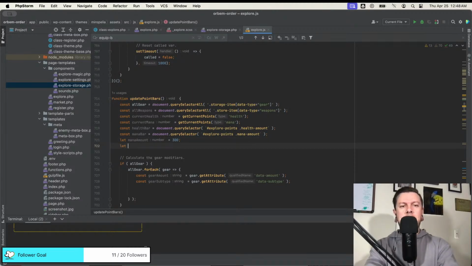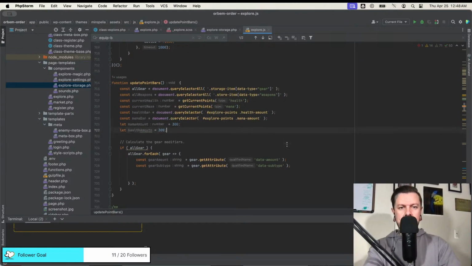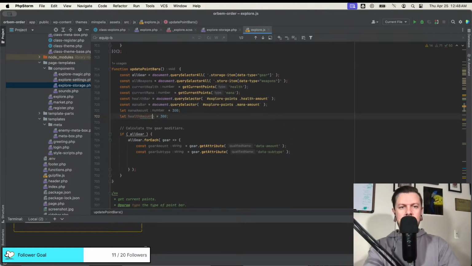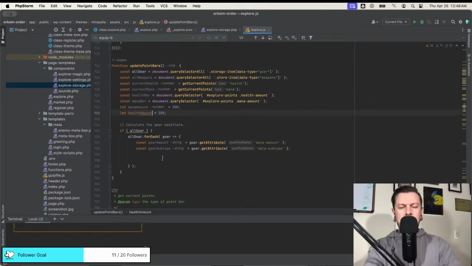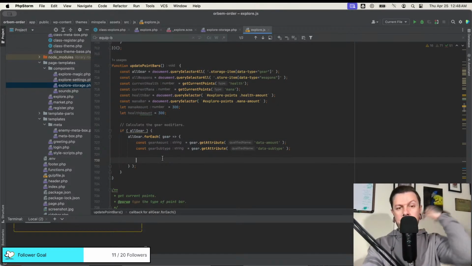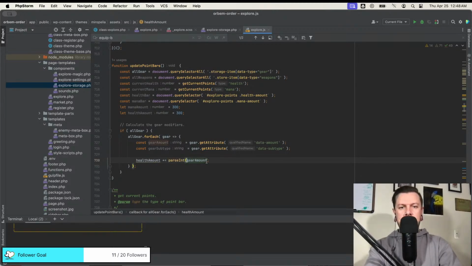Yeah, so let health amount also starts at 300. Okay. Oops. Now we basically just add to it. So health amount plus, plus gear amount. Do a parse int here just to make sure it's an integer.